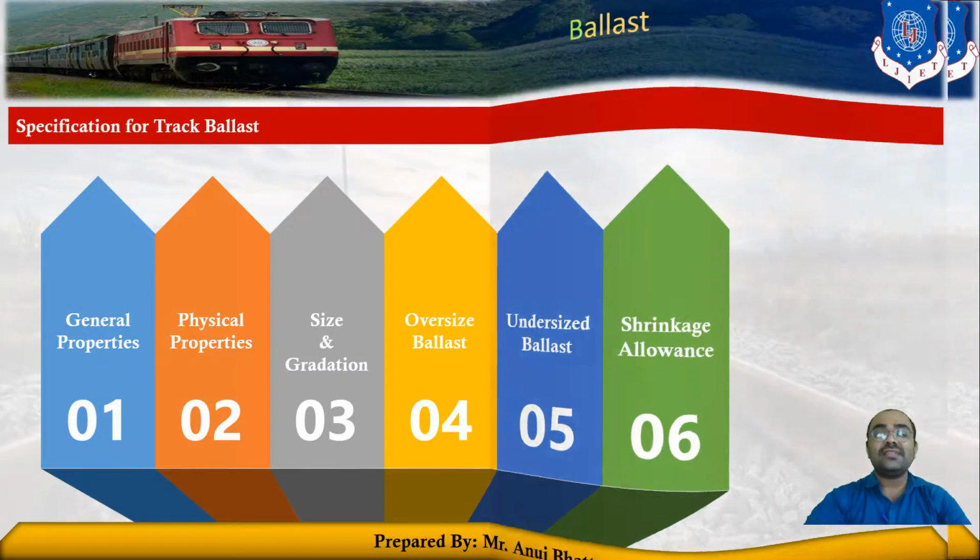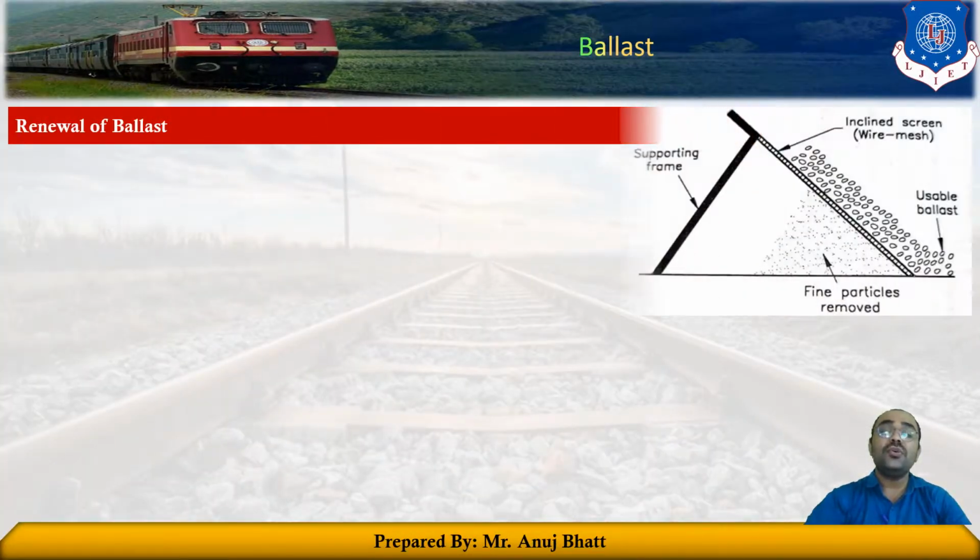The next topic is the renewal of ballast. Due to the constant hammering action of the wheels, the ballast material gets crushed to smaller sizes. The fine crushed particles fill the voids between the ballast particles and, together with the dust, sand or ashes from the locomotives,